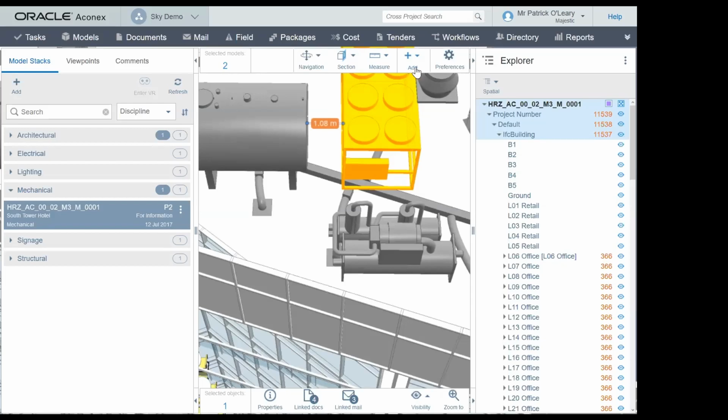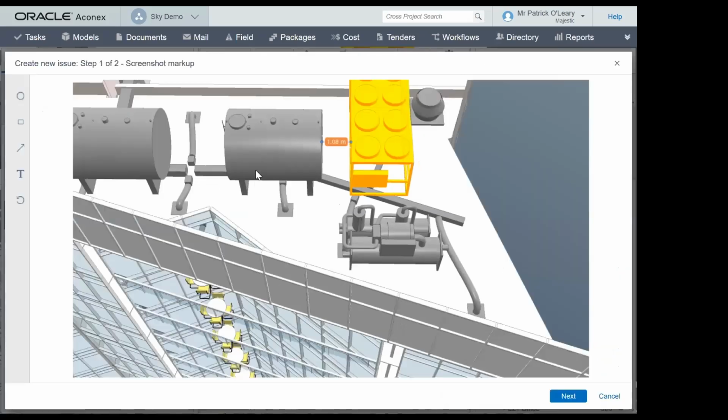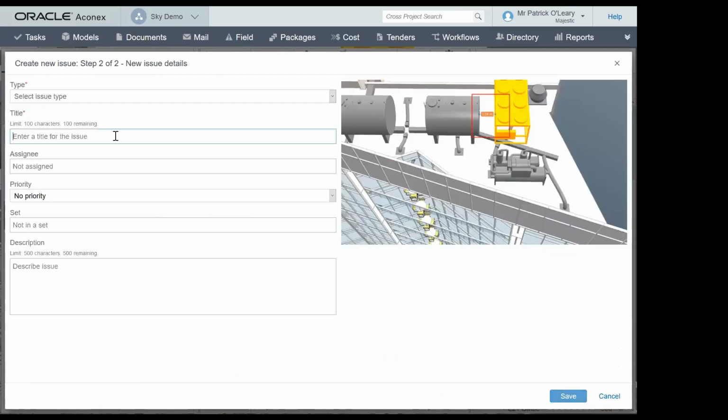you then create an issue very easily. Create an issue here, mark it out, and then create an issue here.